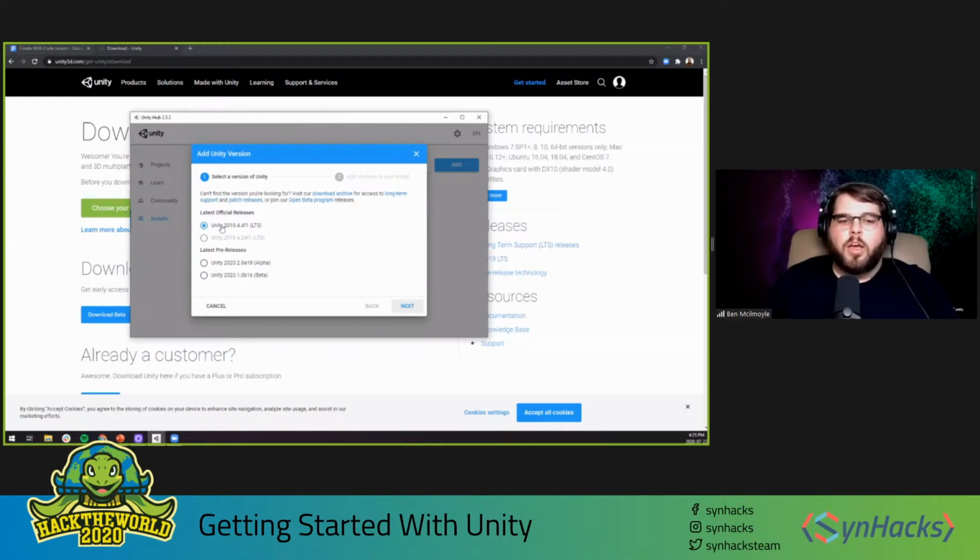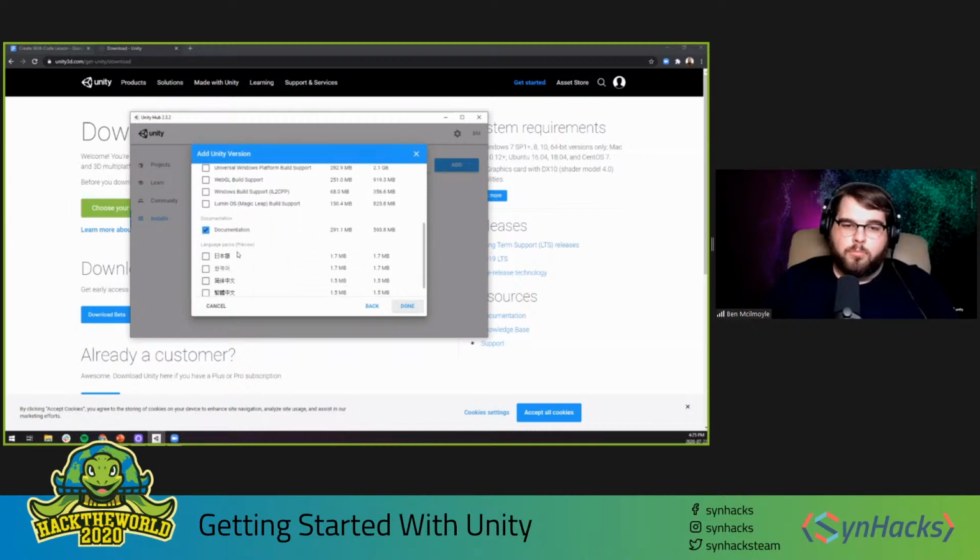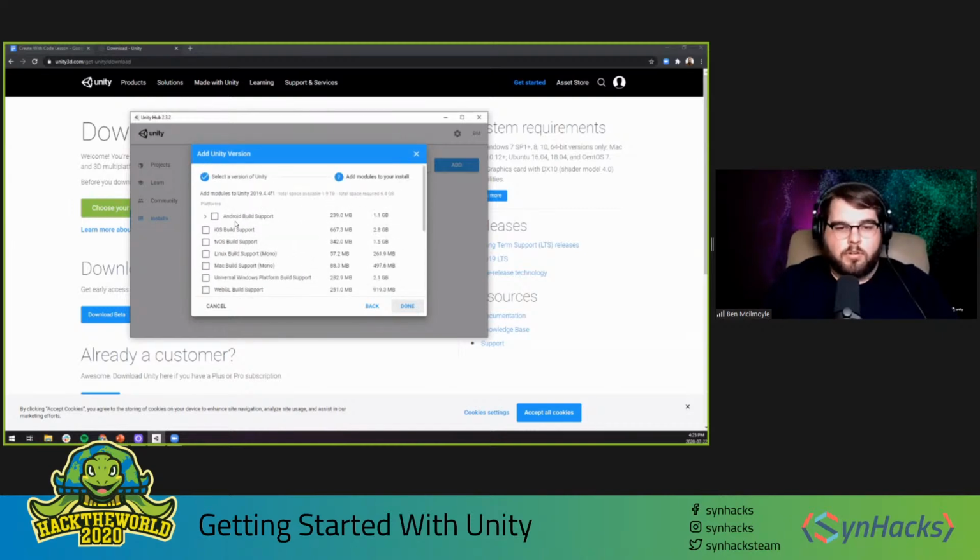So I suggest downloading Unity 2019.4. Just click on that, hit next, and it's not going to pop up here for me, I don't think, because I have it installed already. But one of the options you should get if you don't have it installed already is the option for Visual Studio Community. So Unity is the actual graphical 3D, or sometimes 2D editor that we can use, but we